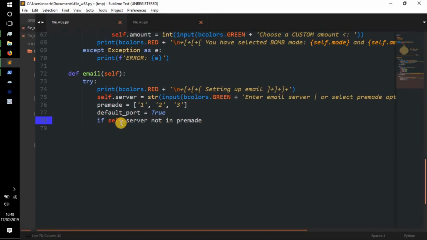So basically, if they don't choose 1, 2 or 3, it's going to be something else, and that something else is not going to be in 1, 2 or 3. So then we know they've chosen their own email server, and we're going to have to do as follows. We're going to need to let them enter their own port number as well. So we'll do default underscore port equals false, because they're not going to be using the default port number because they've got their own